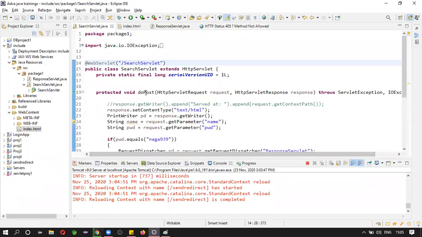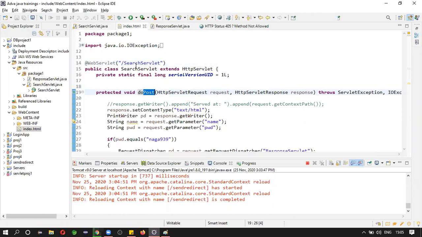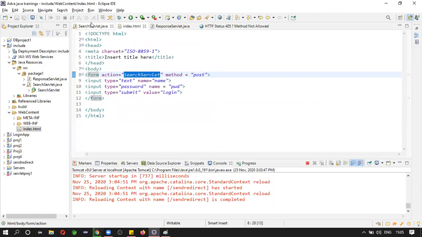Where you need, okay, do post. See the error because of, okay, it is post, right?